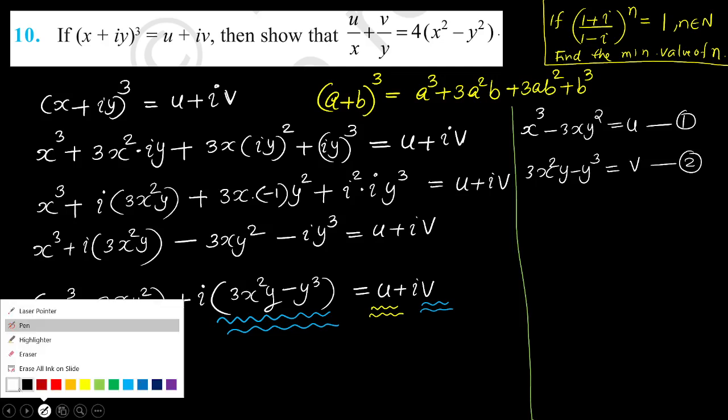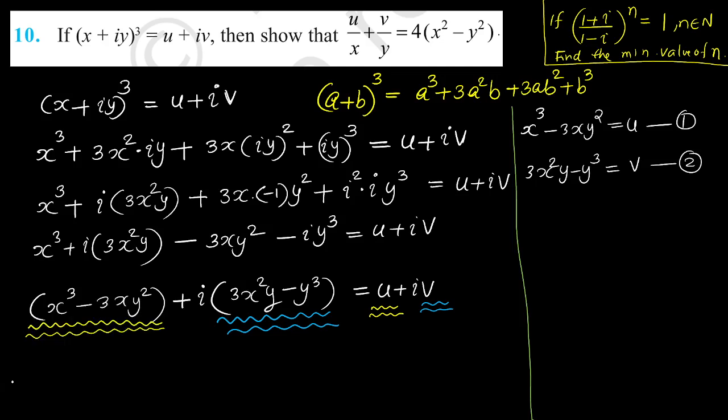So others please listen here. Aryan, you are understanding, right? So I got two equations, but what is our question? We have to prove that u by x plus v by y equal to, right? That is not difficult. From the first equation I will tell you. First equation can be written as u equal to,